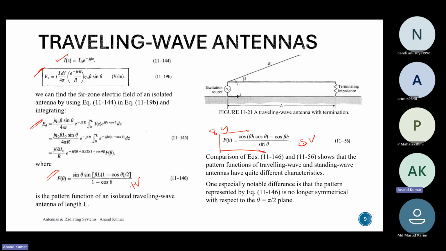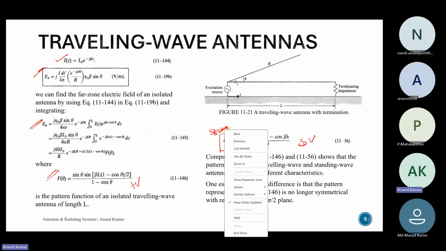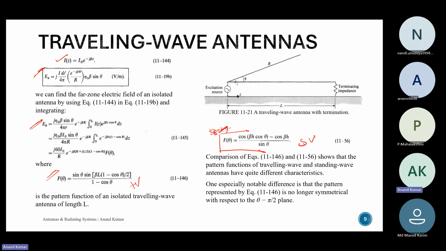symmetrical. Yeah. How do I erase this? Okay. Now I'm not sure how to erase. So this is symmetrical,